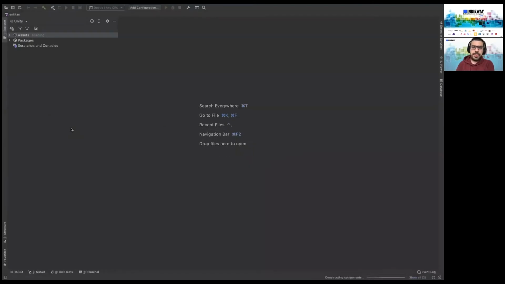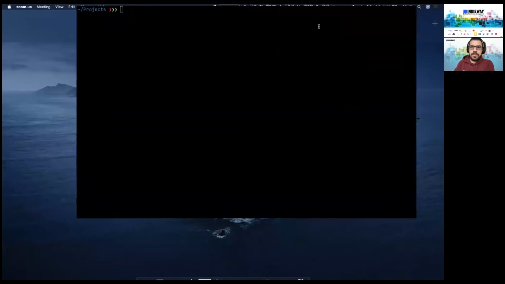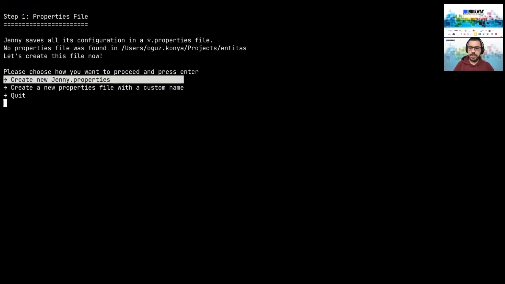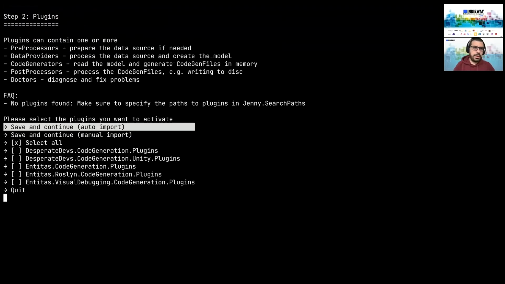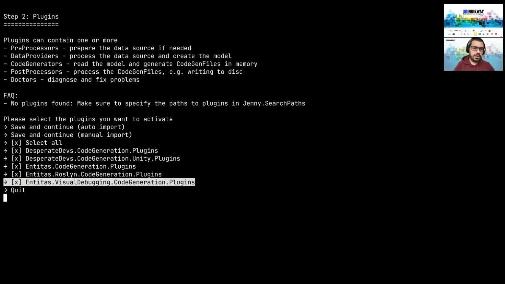You need to open the project in your editor. Here you see, I'm just opening the folder Entitas. This tool of Entitas will generate some code for us.